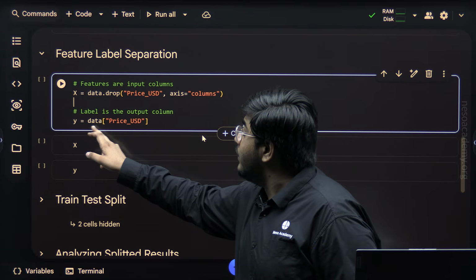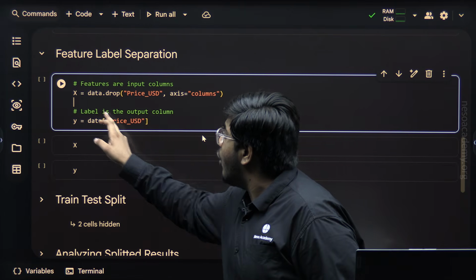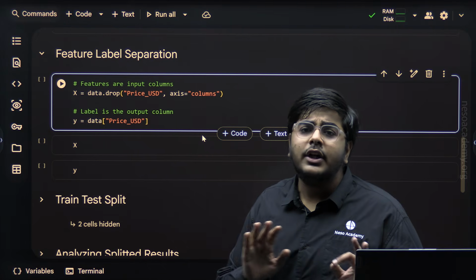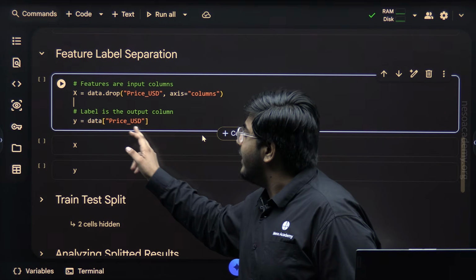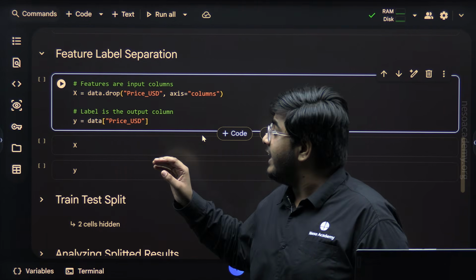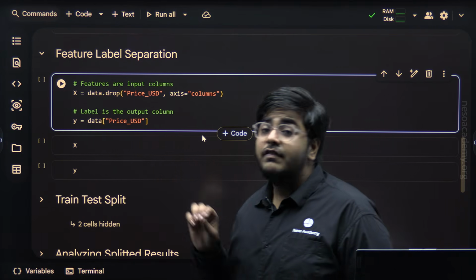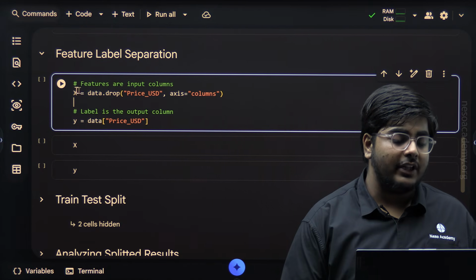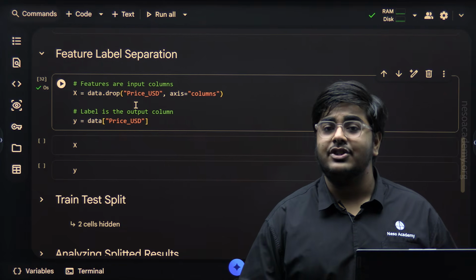So y is equal to data['price USD'], which means the price USD column of the data frame will be stored in y. So y will not contain any features, only the target variable column. In this way, we get X, which denotes the features, and y, which denotes the target variable or label. When I execute this cell, the features and labels will be separated from each other.